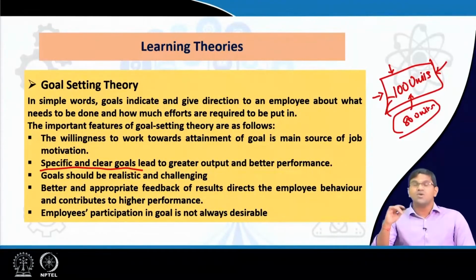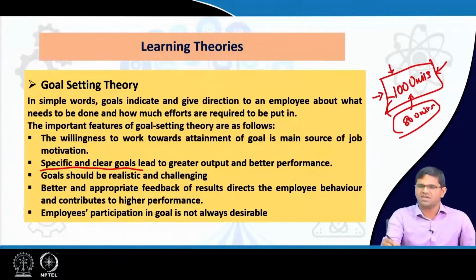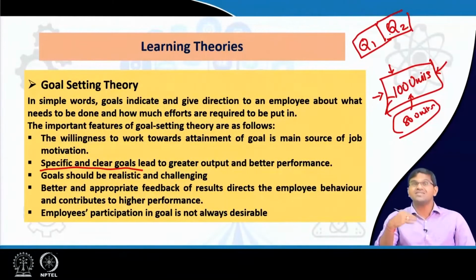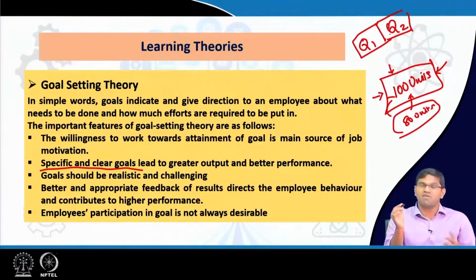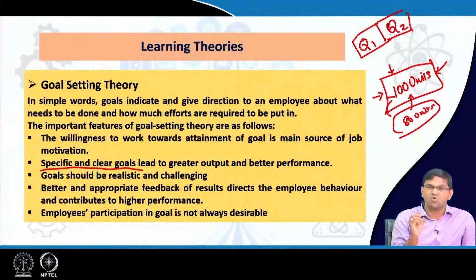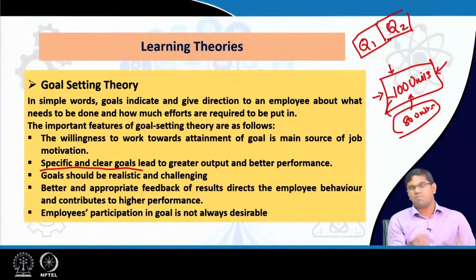Let's say the company says we want to show better performance in the next quarter. Okay, let's say we are in quarter 1, and the company is talking about an improved performance in quarter 2. What are you talking about? What is that improved performance? Are you talking about more customers? More profit? More revenue? More employees? What are you talking about? You need a very specific and clear goal so that it will drive a better output and